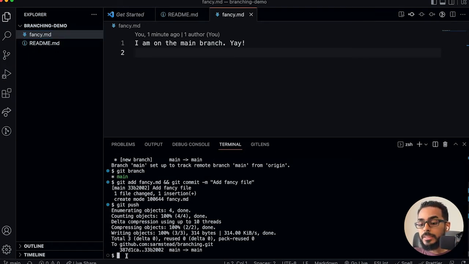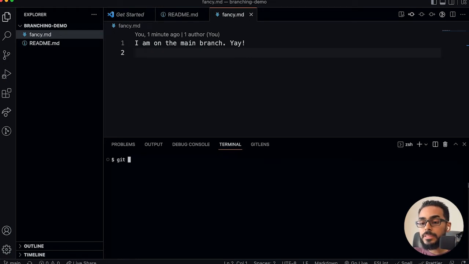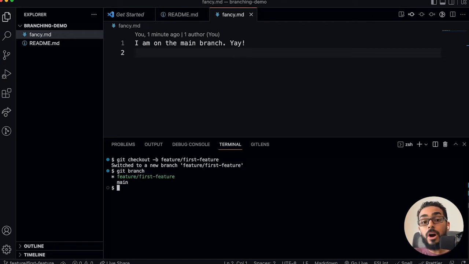So I can say git checkout. This is a little handy thing that I do. So git checkout will actually check out to a new branch. And what you can do is actually create a branch at the same time with a -b flag. So git checkout -b, and I'm just going to call this feature slash first feature. Okay. All right, great. So now if we do git branch, what you'll see is that we're on this first